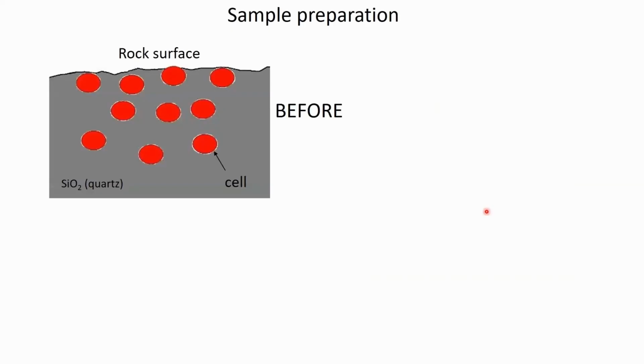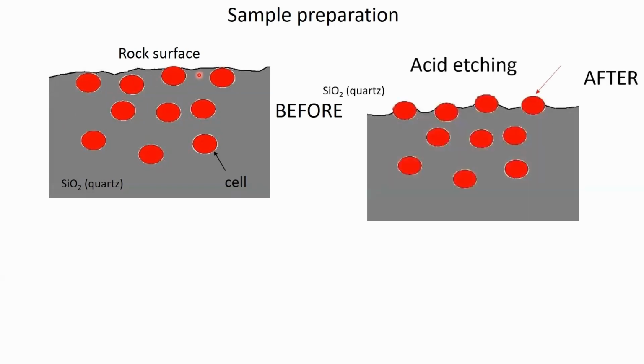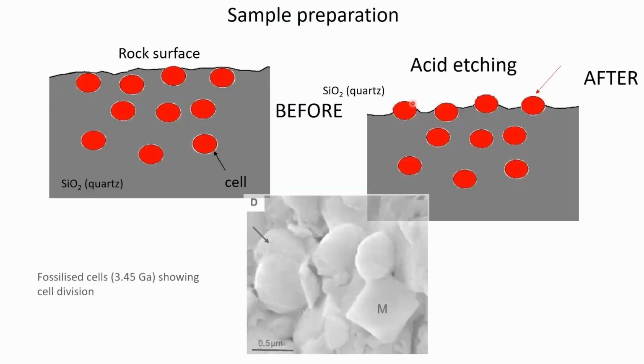So we have to use a corrosion process. This image on the left shows the rock with the fossilized microorganisms inside. If you subject it to acid etching, and I would use hydrofluoric acid because this is quartz, the fossilized microorganisms are dirty quartz. So it's the matrix, this highly silicified matrix, that is etched preferentially, whereas the fossilized structures remain,